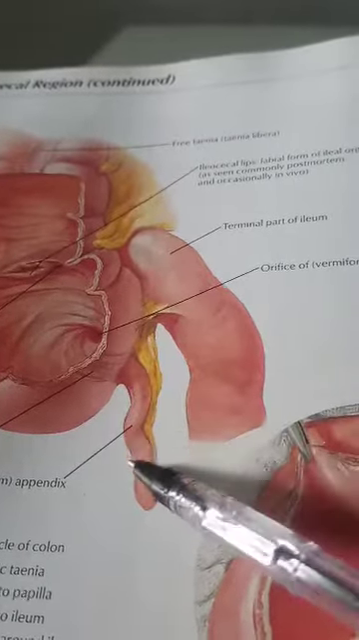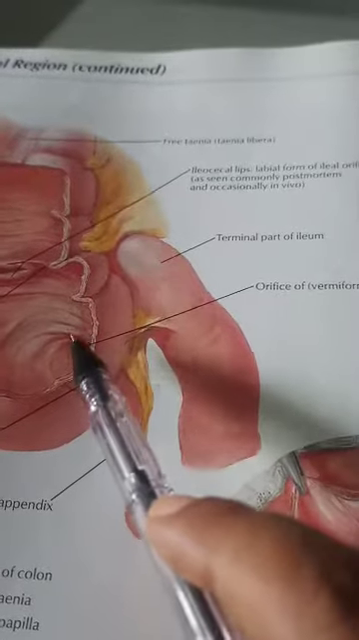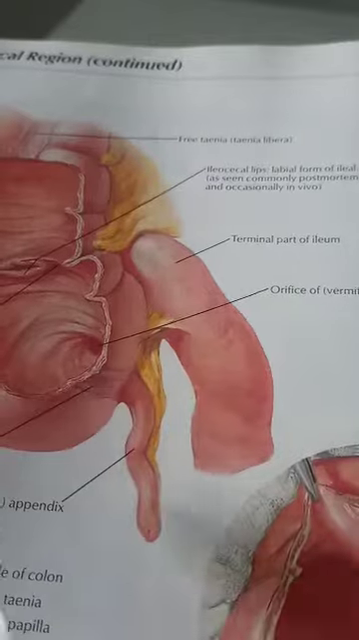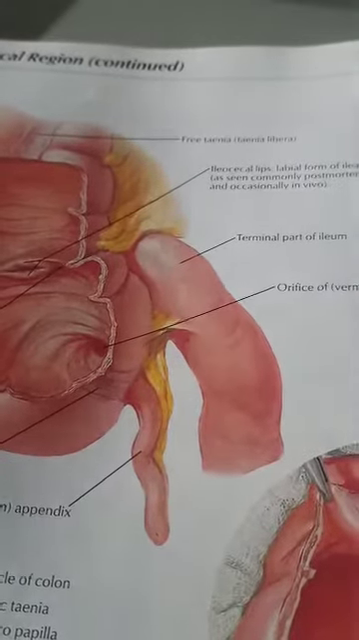The vermiform appendix has a base which is fixed to the large intestine and a free apical part. The base is fixed and has a free tip. The appendix opens into the large intestine through an orifice or opening that is known as the vermiform orifice of the vermiform appendix. And this orifice is guarded by a